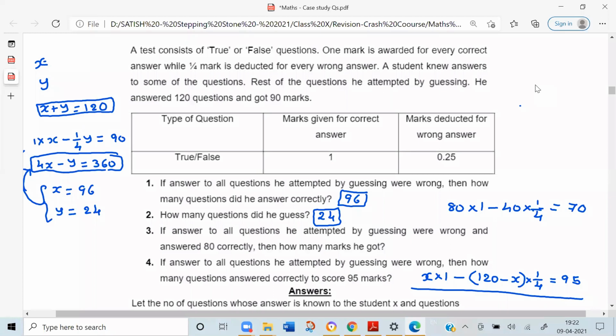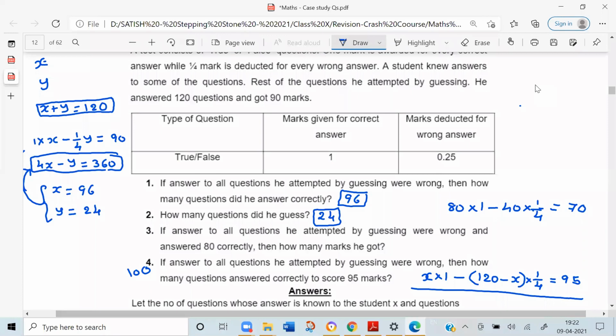Then we can use X minus y equal to 380 also. What you are saying? X minus y equal to 380. The concept we are using is linear equations in 2 variables, so we should use 2 variables. You can use 2 variables, but you can convert again, because y equals 120 minus x only. That is what we have written here. That method is better. This equation only we are using: 1 into x minus 1/4 into y, equal to 120 minus x, equal to, instead of 90, it is 95. That's all.